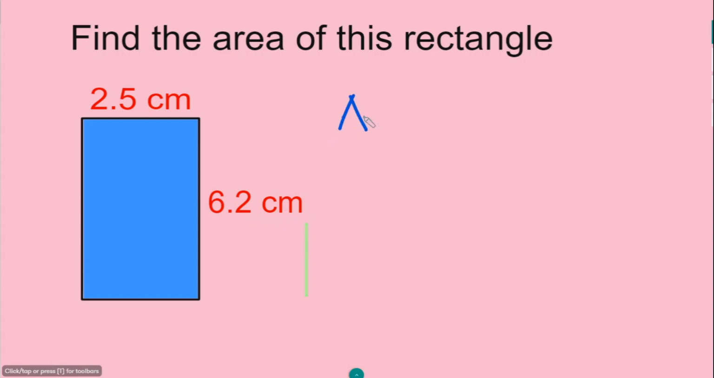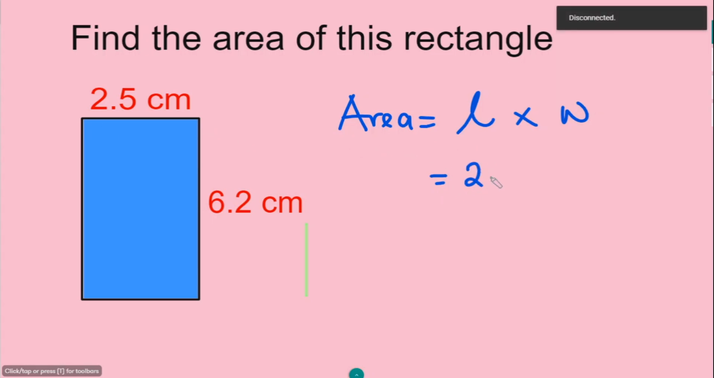So to begin, first I'm going to write the formula. The area of a rectangle is the length times the width. Again, the length here is 2.5, so I'm going to write 2.5 here times the width, which is 6.2. All right, 6.2 here. So if you multiply 2.5 times 6.2, you're going to have